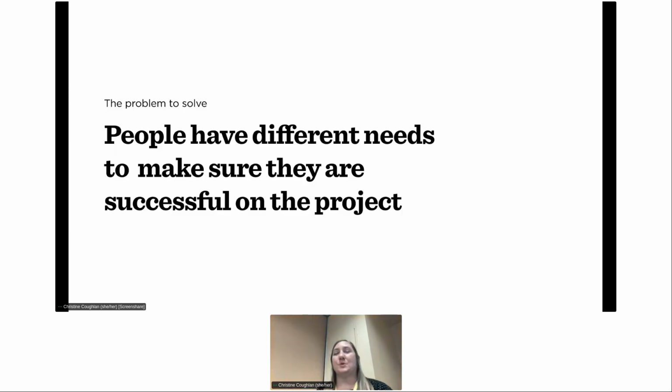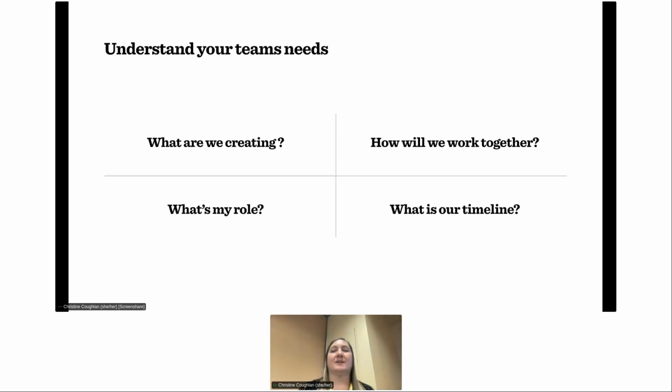All right. Before we move any farther, to finally get to our actual problem that we're trying to solve: during this project initiation phase, we are trying to make sure that people have all the information that they need. And the people within those teams often have different needs. So thinking about those different categories, leadership, makers, and our stakeholders, there might be some crossover, but there might be some things where one group might really strongly need something and the other group maybe doesn't need that as much. I've identified what I would say are 4 core needs of these different people during this phase